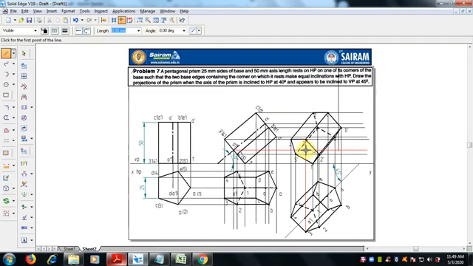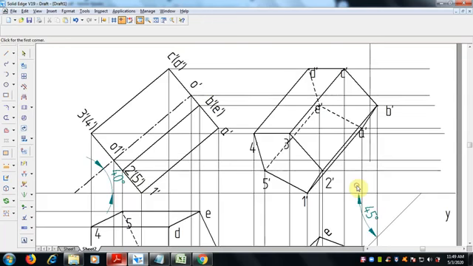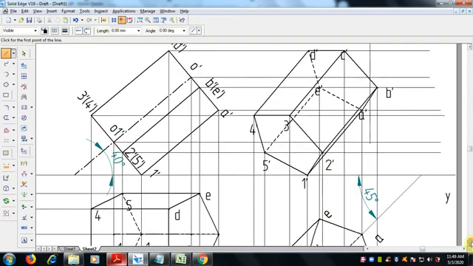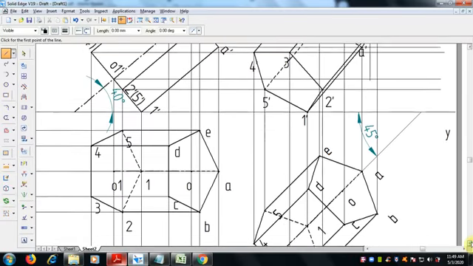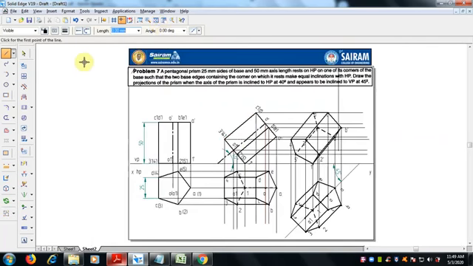Then the axis. Here we have to identify the intersection and draw the axis from bottom to bottom. The other axis line is done. Yes, we have to draw the axis line.